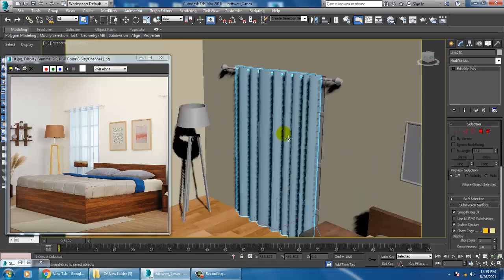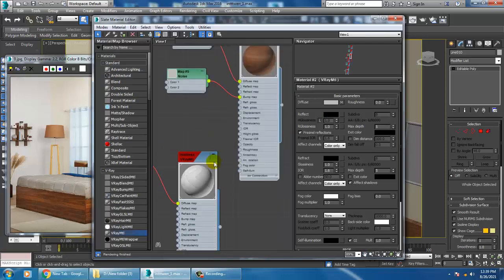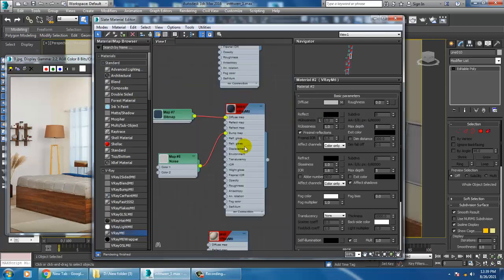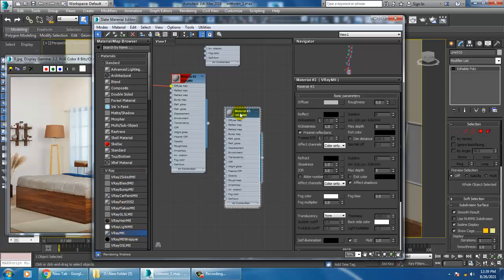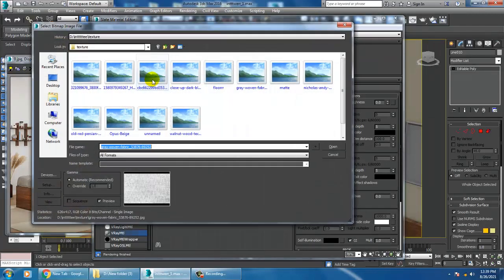Select this, let's go into the material. Again take a V-Ray material. You can use ID also, you can use set ID that we had done in the standard primitives by using a multi-sub object. That can be done over here also. So let's go into this, and for a curtain I have a texture over here.